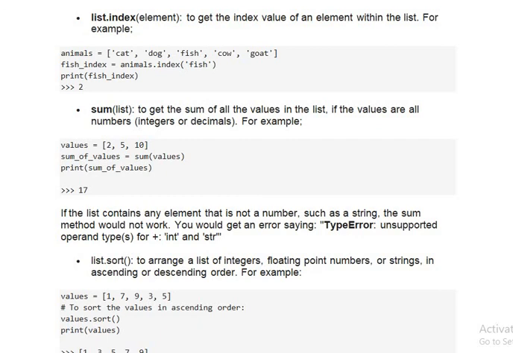So I have assumed to find the sum of all the values in the list. If the list contains any element that is not a number, such as a string, the sum method won't work. Sort, list dot sort, to arrange all the elements in an order, ascending order or descending order.